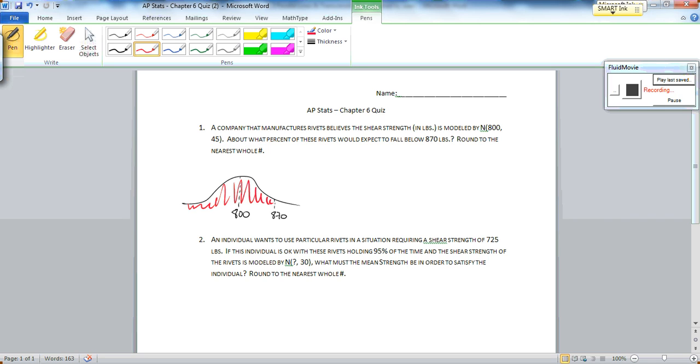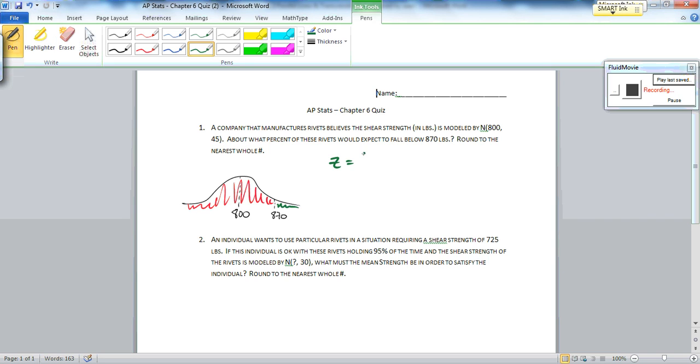Again, that's the percent that, if an 870 pound force was applied to them, would fail. That means that these would hold. So what we need to do is find the z-score that corresponds to 870, and then use our chart or our calculator to find the corresponding percentage. So the formula,